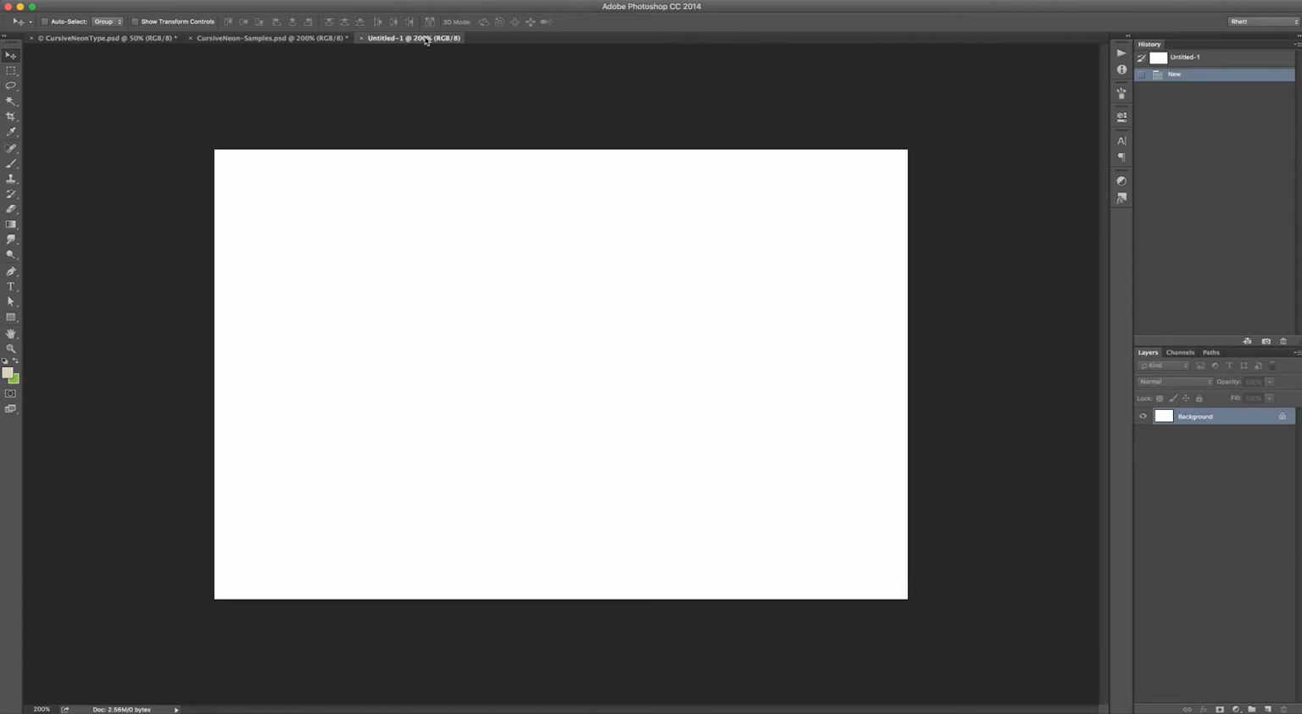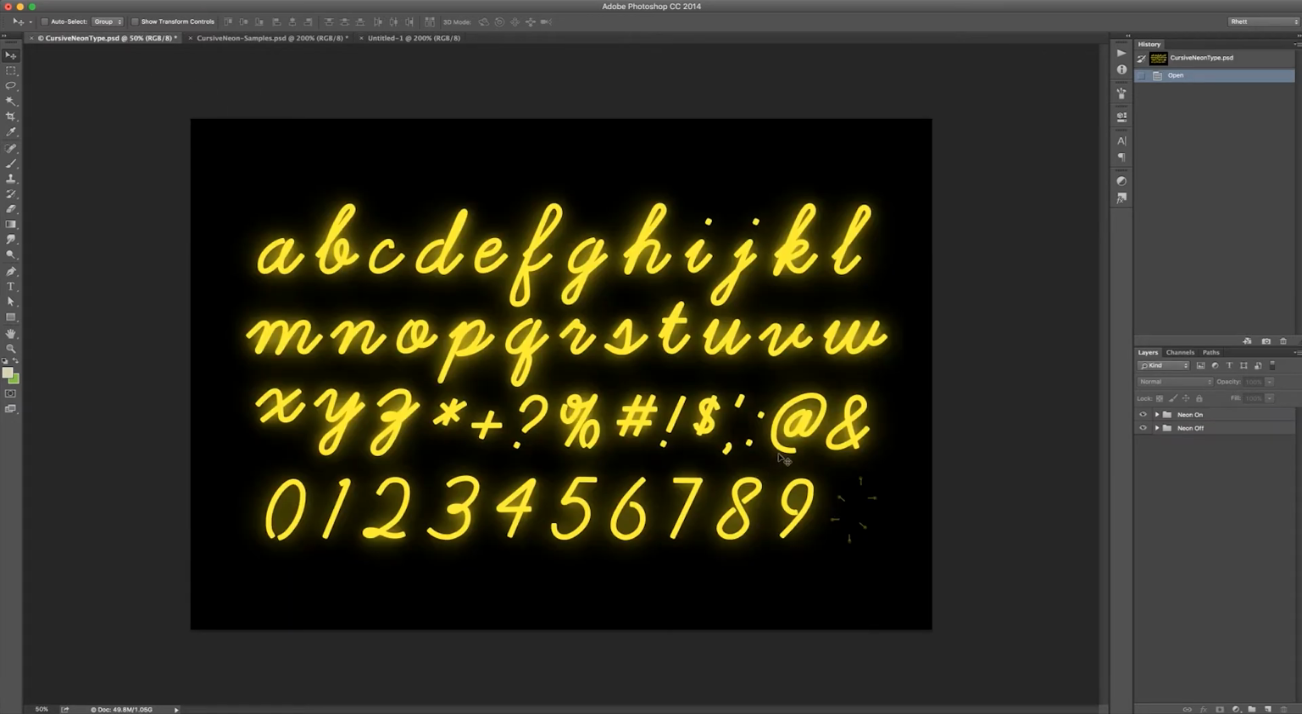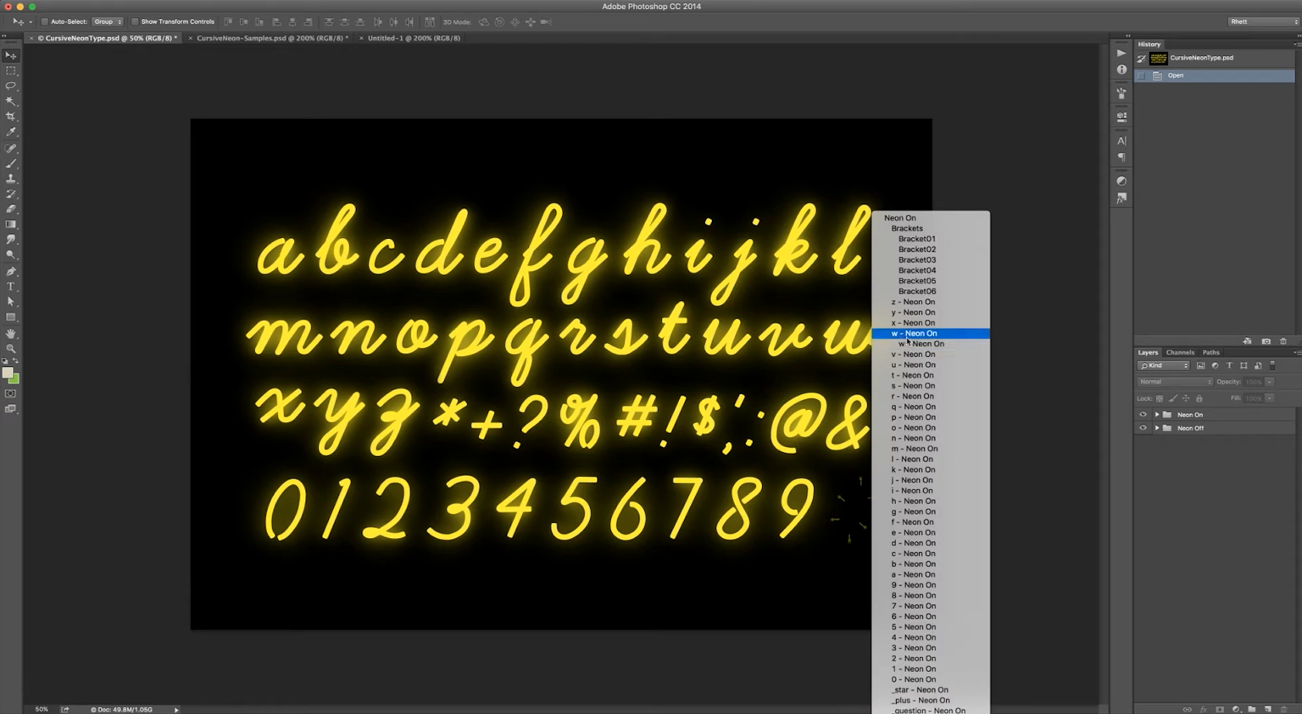So let's say I want to make a single word. Let's make it the word what. So we've got a couple of folders here in the product. We've got neon on and neon off. There's a couple of ways that you can select the character or letter that you're after. The way I like to do it is I just right click on the letter I want, and then I can navigate to that layer,